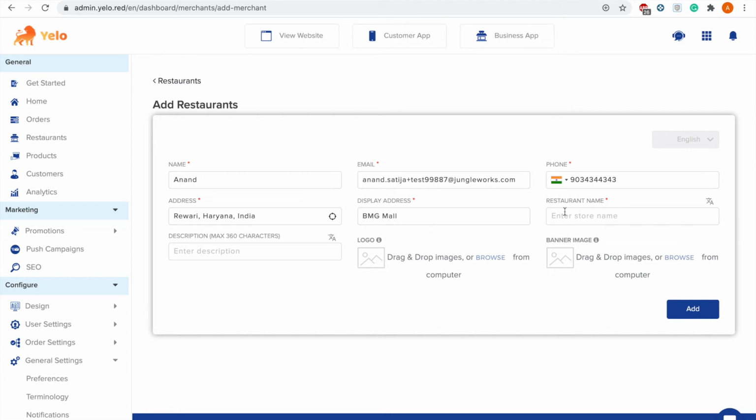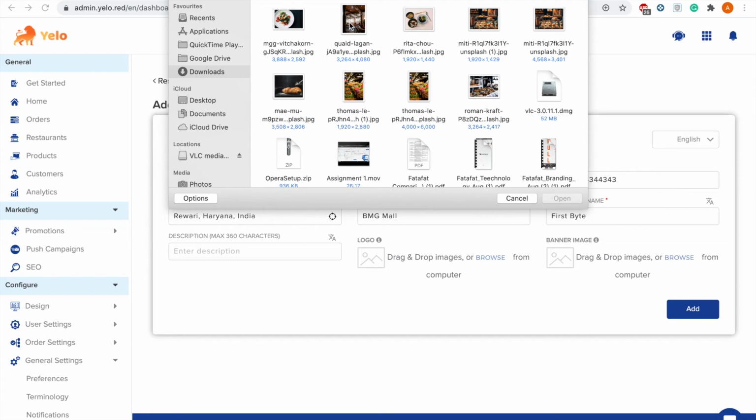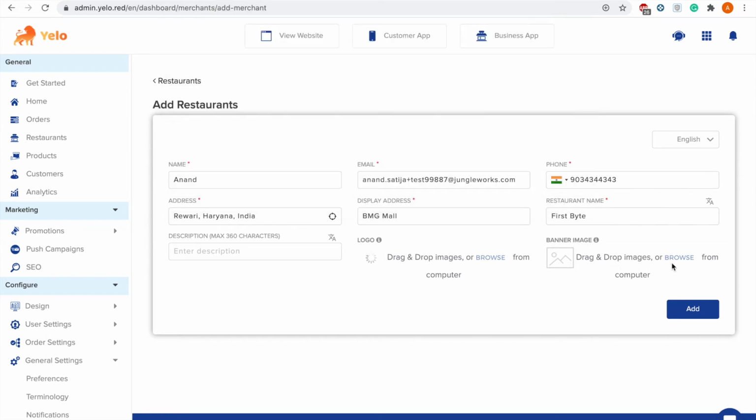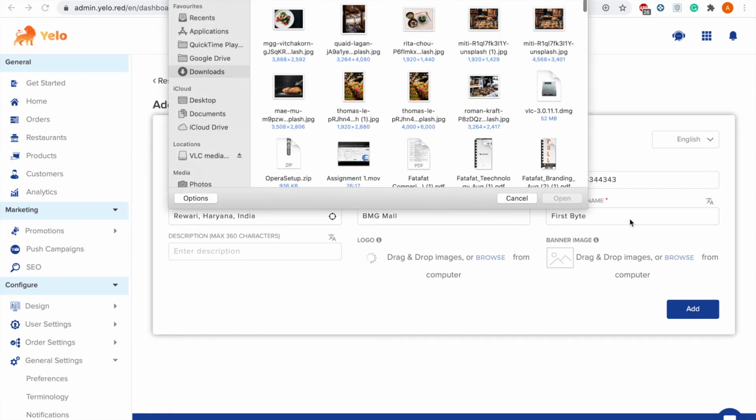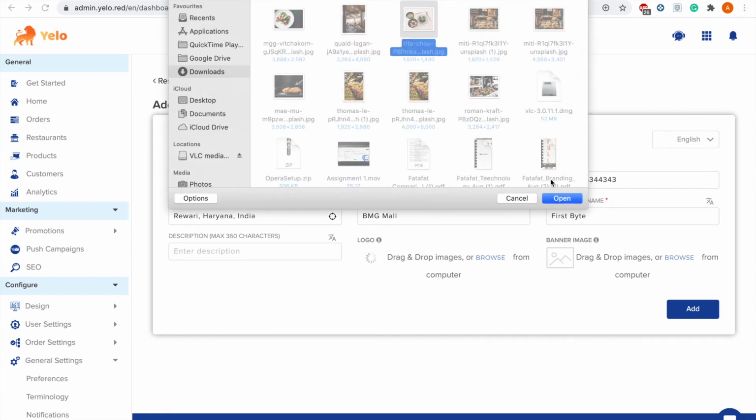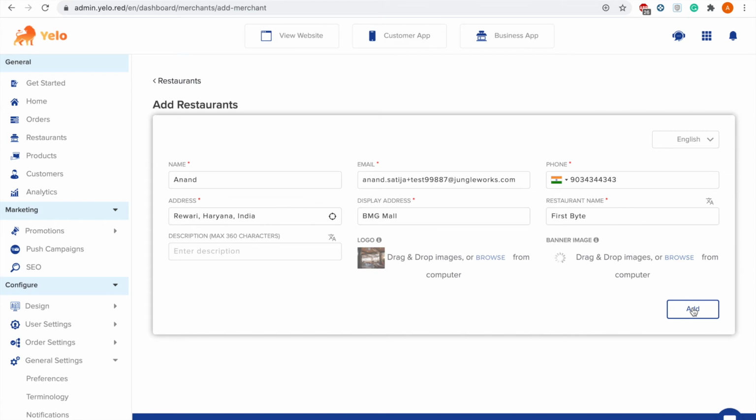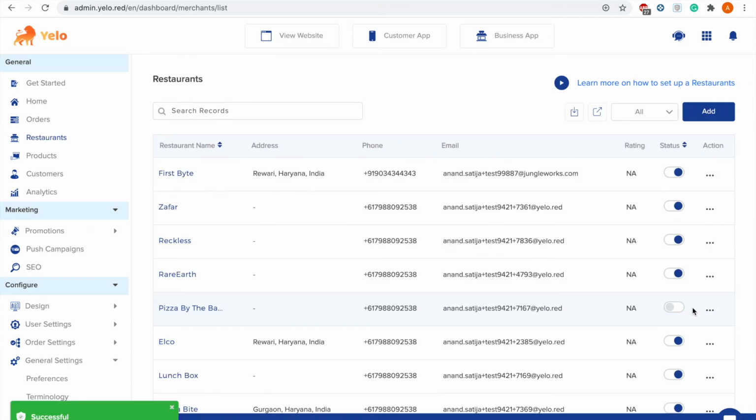You can give a restaurant name from here. You can add a logo and a banner image. Now we have successfully added our restaurant.